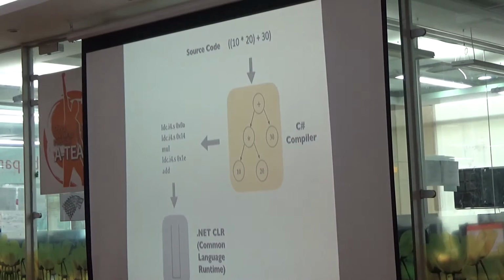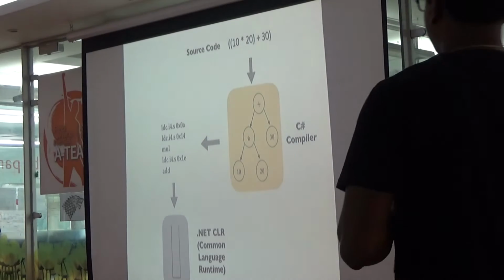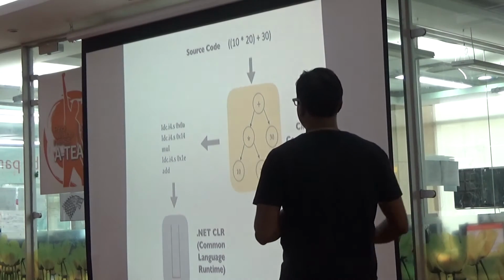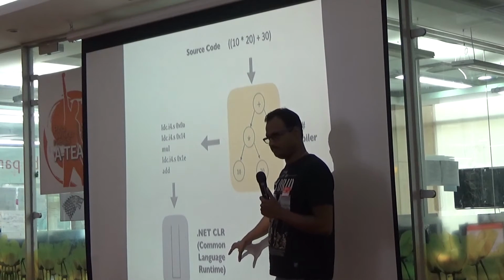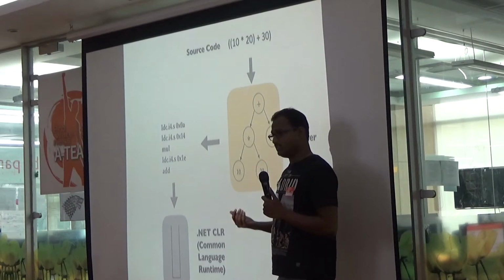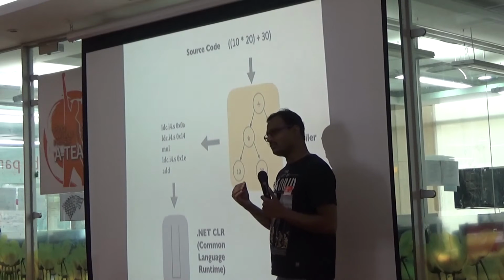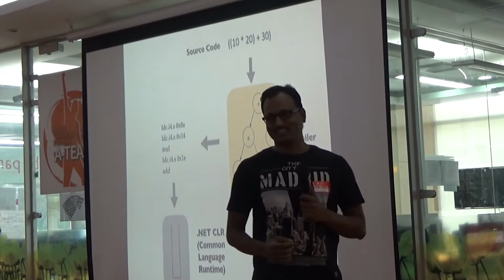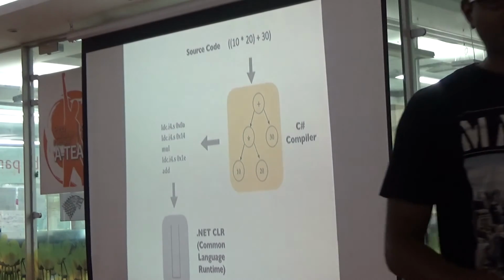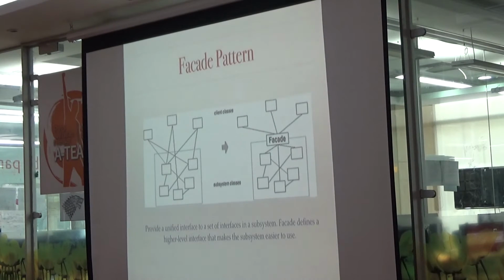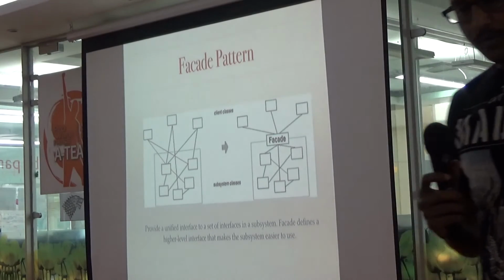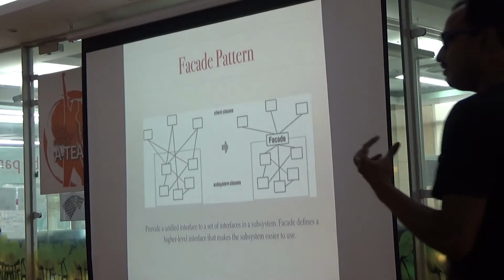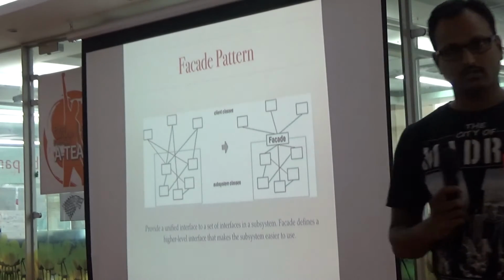Right? Now, what we are going to do is look at design patterns which are used in this compiler and the VM part. Right? And again, as I said, it looks like a very scary example, so I'm going to make it very, very simple. And you'll be surprised how simple and effective these examples can be. Now, the first one I'll show is the facade pattern. So the facade pattern provides an abstraction over the components that you have in your software.